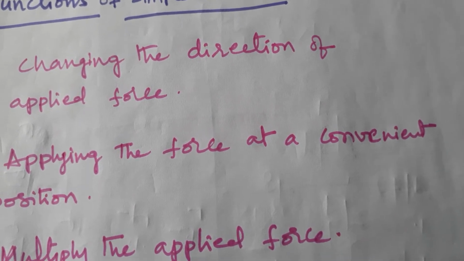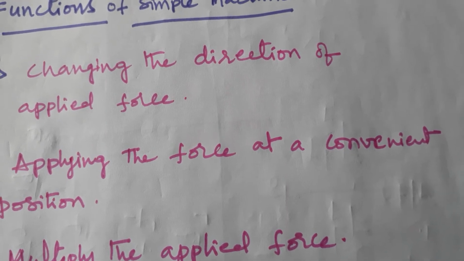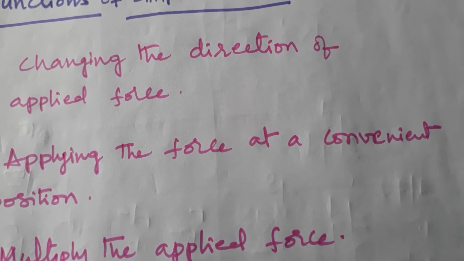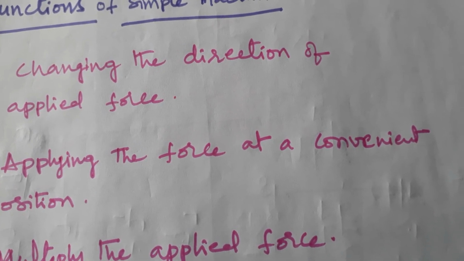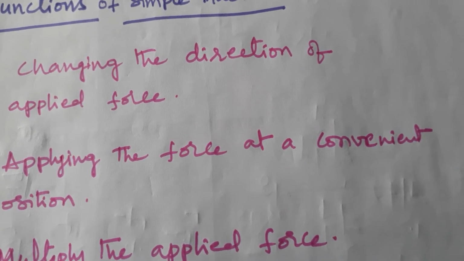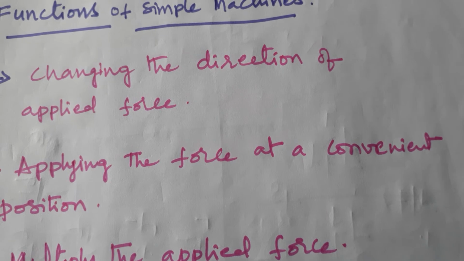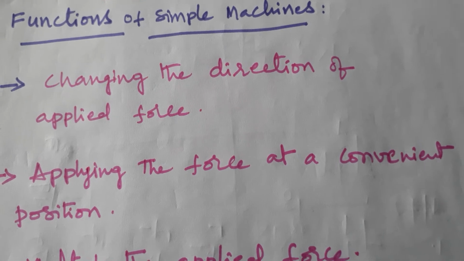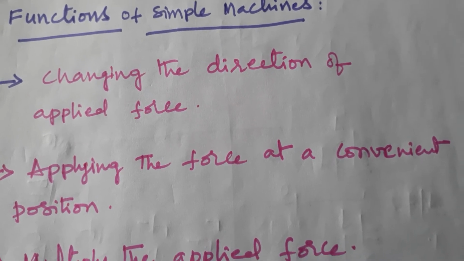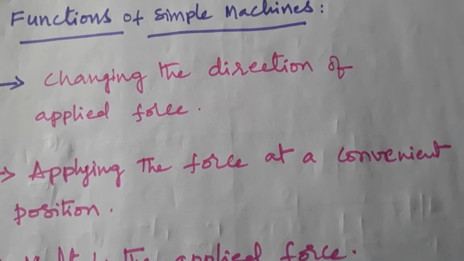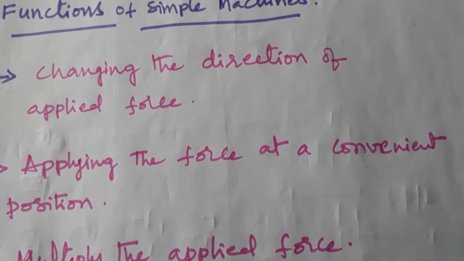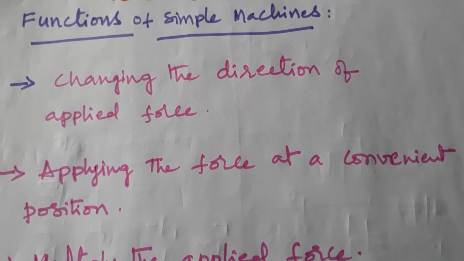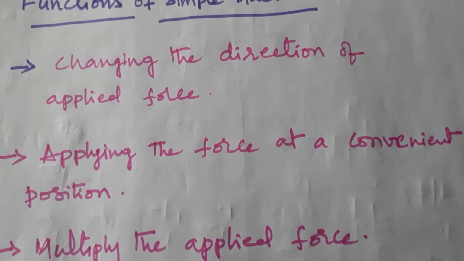Because of the pulley, we can apply force on the string towards gravity. Pulling the string towards gravity is easier. Pulling the weight upwards against gravity is difficult. So by using a pulley, we make our work easier by pulling towards gravity. Example, pulling water from a well. It is easier for us to pull the string towards gravity instead of pulling the water against gravity. That is why we use a pulley to change the direction of the force. That is the first one.